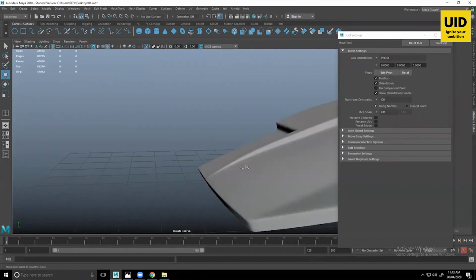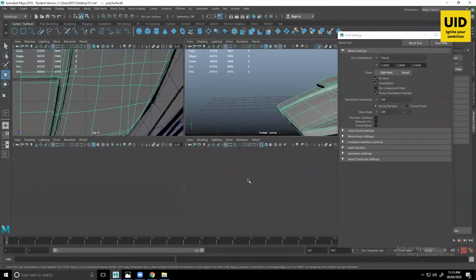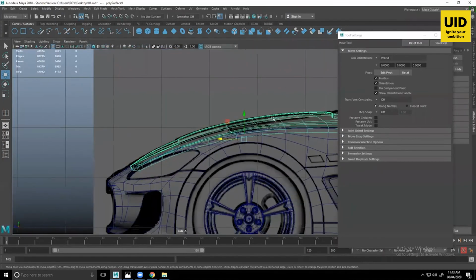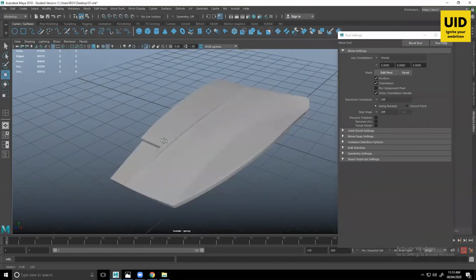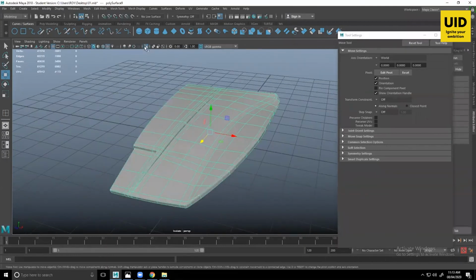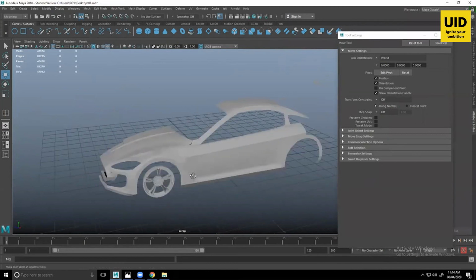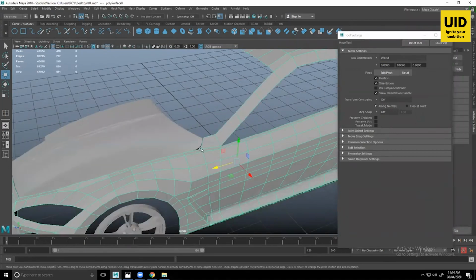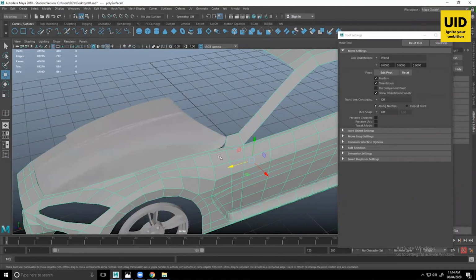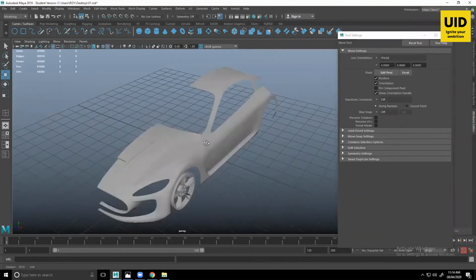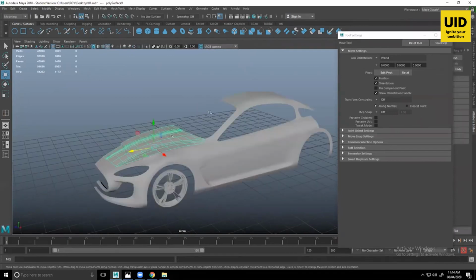Okay, and then you can come back and improve your edge flows and all wherever you feel like. Okay, so I'll just come back from my isolation view. So that's the bonnet part, and this is the gapping. This is because we are not in the smooth preview. If I press 3, it will completely match up with that part. Now we have just one final part.